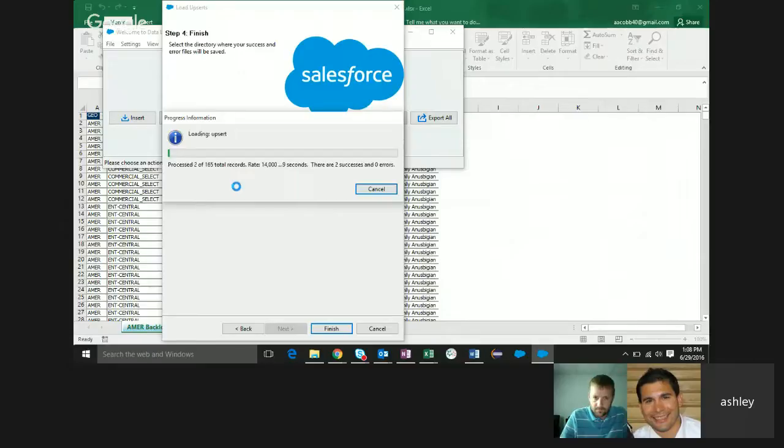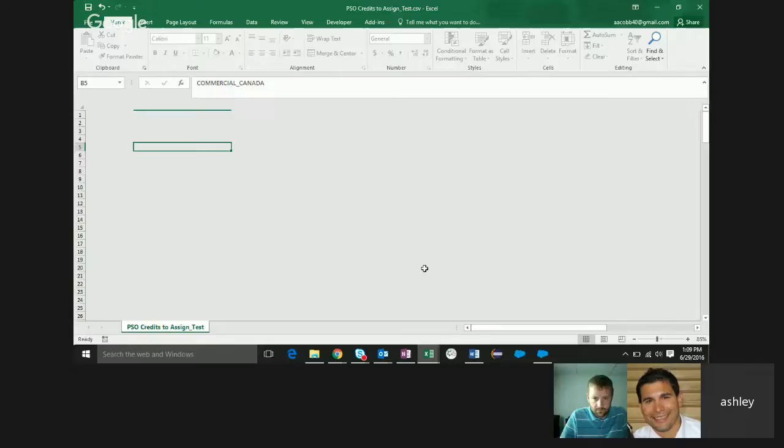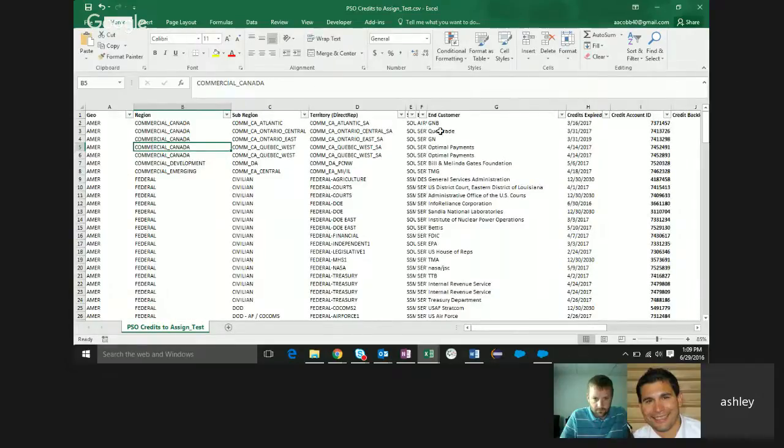So here it will create or update any of those accounts. I'm doing them one at a time. You could do them in batch sizes of up to 200. The only reason you'd want to do them one at a time is if there's workflows firing. So we can actually check on these, and we'll see that